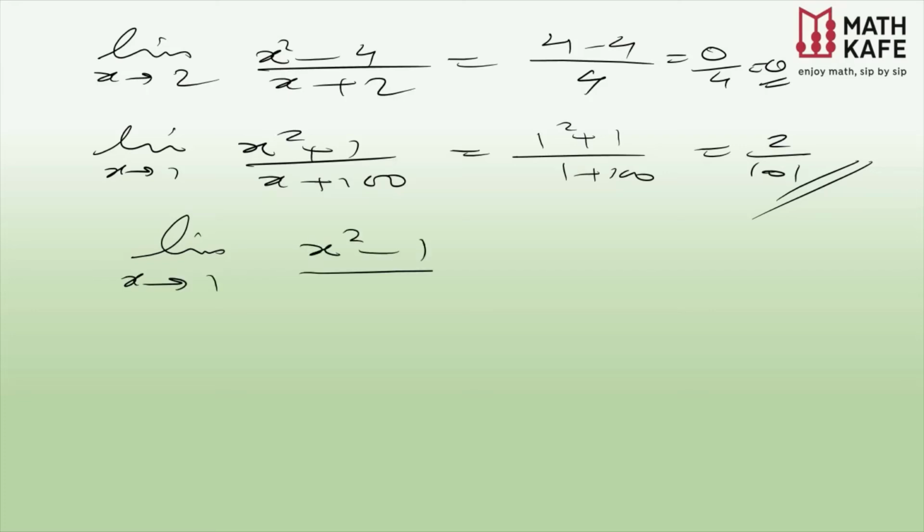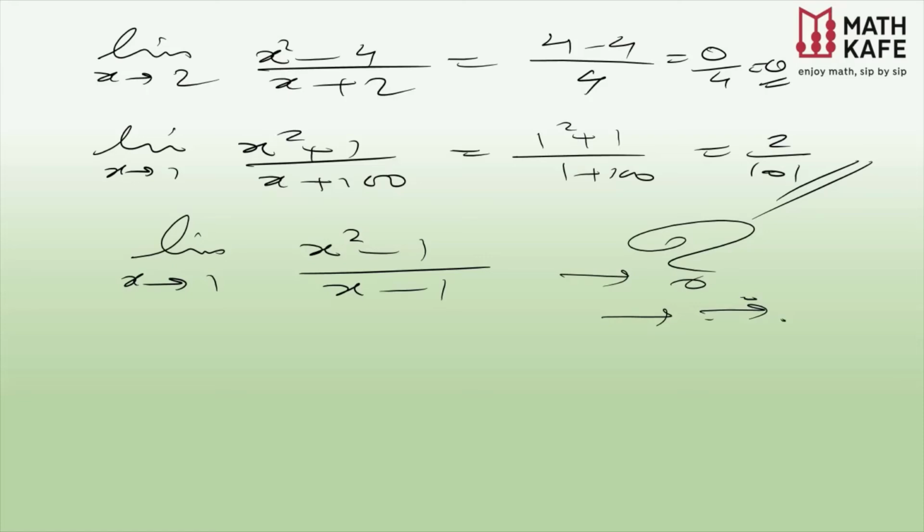Limit x tends to 1, (x square minus 1) by (x minus 1). Can I evaluate this directly as the previous one? Of course not. You are all right, perfectly correct. Because when x approaches 1, the denominator becomes 1 minus 1, which is 0, and you cannot evaluate that. Now comes the question, what will we do? Whenever the denominator becomes 0, you can't evaluate directly. That's the first thing to understand. And the second thing is that the term could be removed by some method.